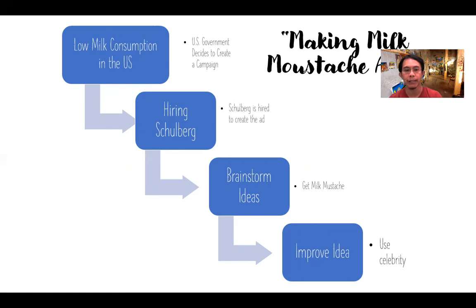Jadi seperti itu, kita menjelaskan dari awal sampai akhir menggunakan kata-kata kunci untuk menjelaskan graphic organizer ini. Kata-kata kuncinya tadi yang saya gunakan adalah first of all, selanjutnya ada after that, terus saya lanjutkan dengan they already hired Schulberg, then, dan selanjutnya ada then, next, dan terakhir finally he improved this. Karena itu menunjukkan proses. Jadi terakhirnya perlu ada finally atau at the end or eventually.